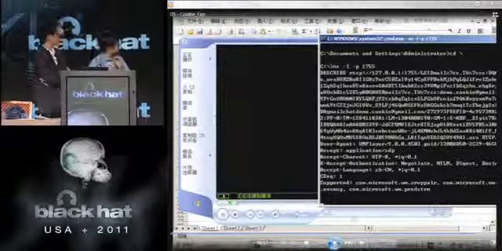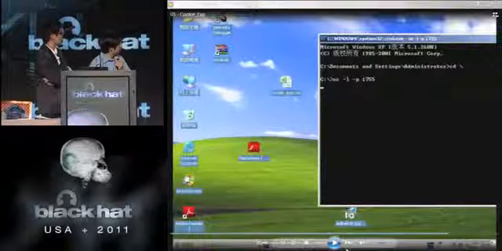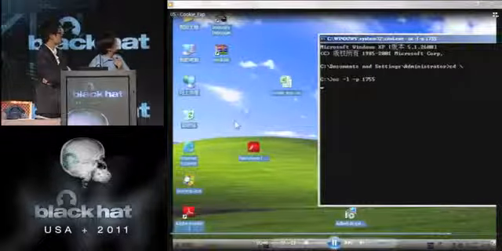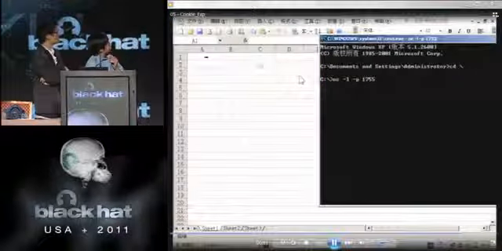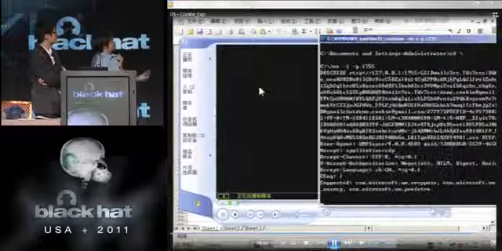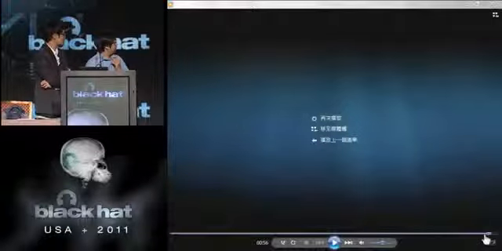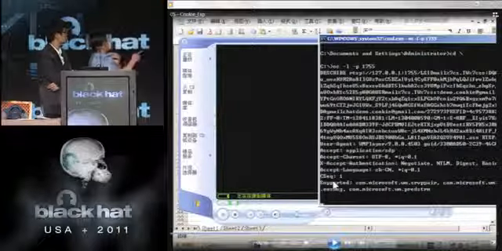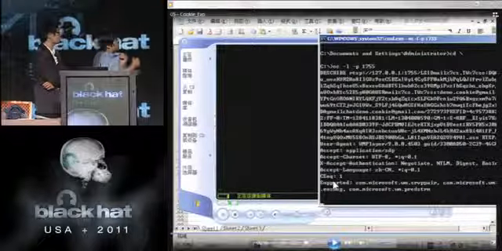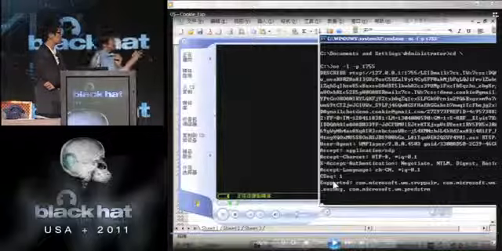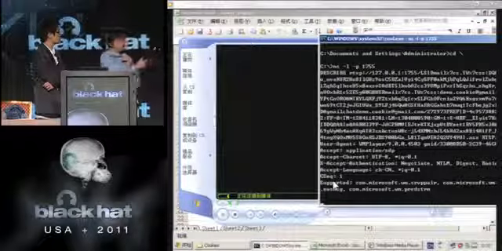Opening the exploit, Media Player will send the cookie to our server automatically. So let's see again. Okay, now click the exploit, and the exploit will launch IE, IE will launch Media Player, and Media Player will load the cookie through Flash. The cookie has been sent to our server. So using this cookie, we can log into Gmail with this account.